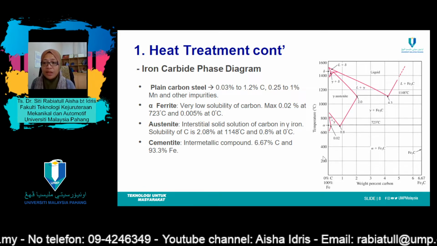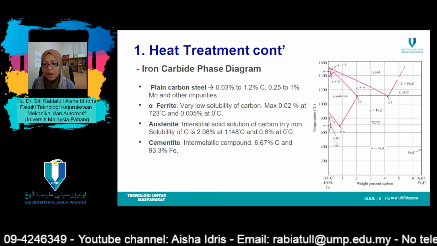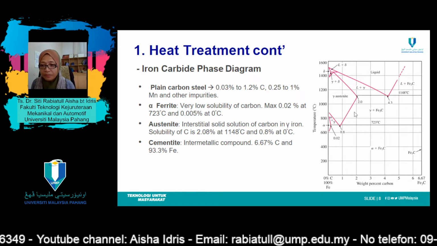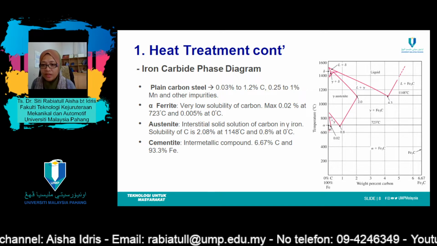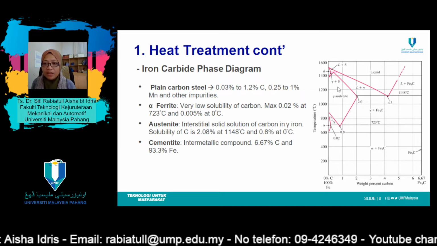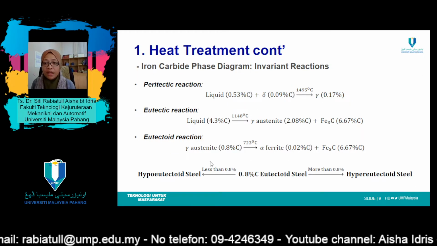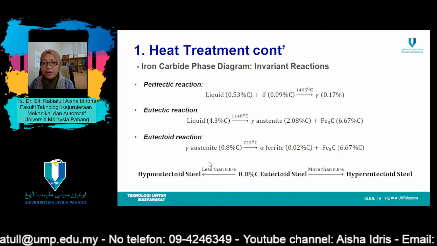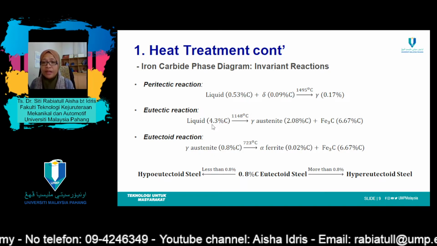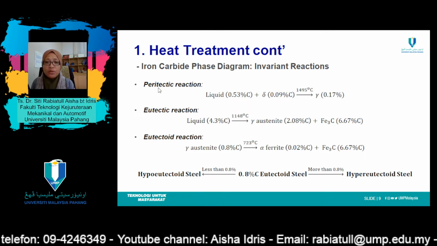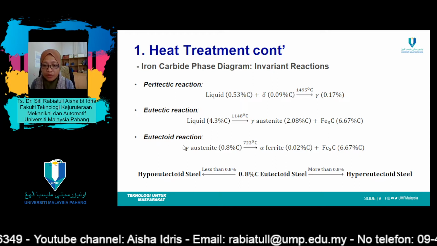Plain carbon steel exists between 0.03 to 1.2% carbon, which is at this area, and the location of ferrite, this is the location for alpha ferrite, this one is for austenite, and this one is for cementite. Other than that, you should also remember the